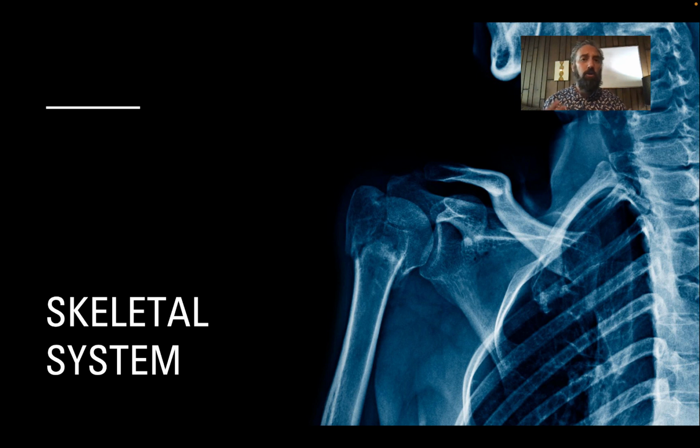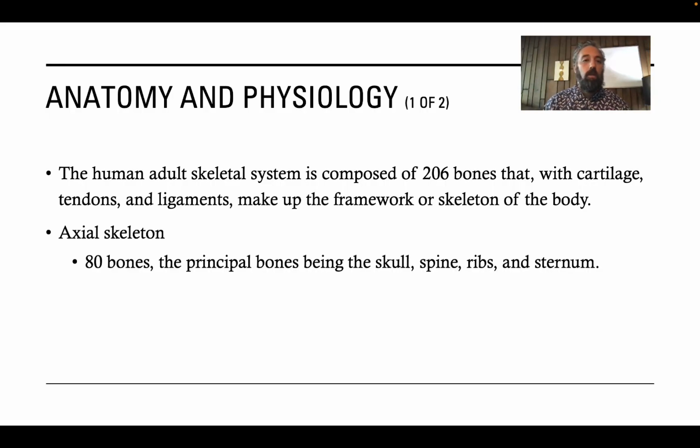Without that rigid structure, generally you need to deal with something like a water skeleton, which is how, say, earthworms move from place to place. They shift around their water using muscles and other things like that. Humans are vertebrates, and we have a skeleton. The human skeleton is made up of 206-ish bones with cartilage, tendons, and ligaments that provide some sort of framework or